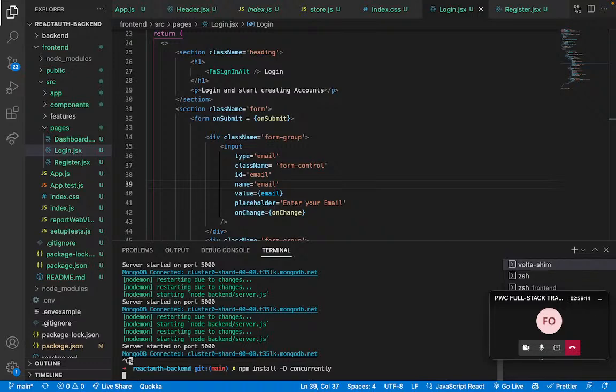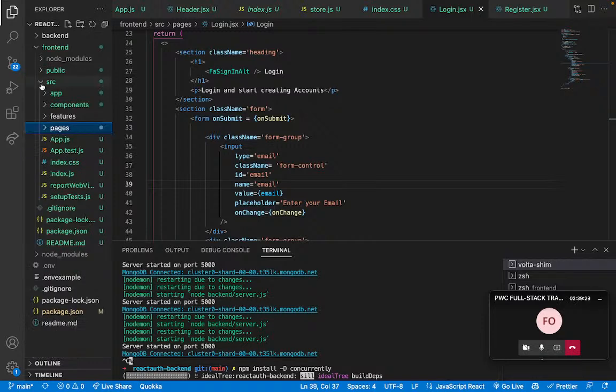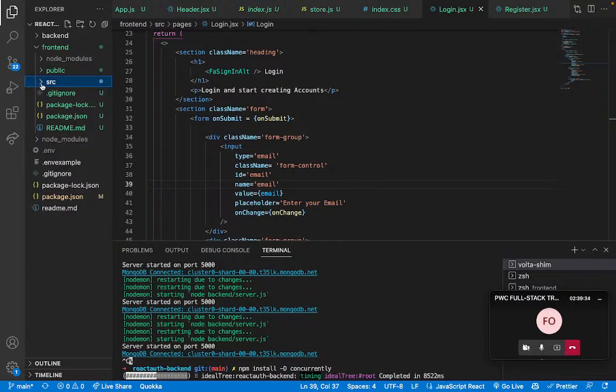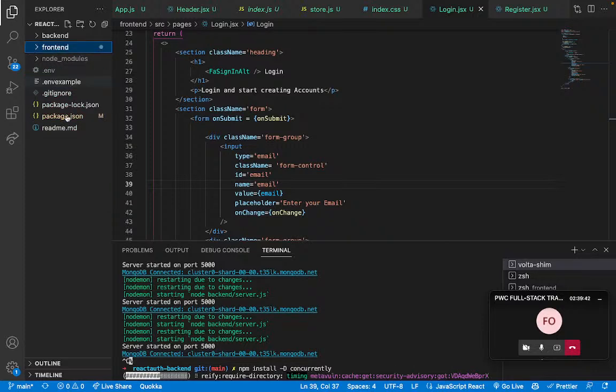Okay. So it's going to install this as a dev dependency. Once you pull that D, then it's installing it as a dev dependency. So I'm going to quickly close down all these so that we can get to the backend package.json where we can set up the script that will help these to work. Okay, so close up everything, then get to this package.json, the one in the root